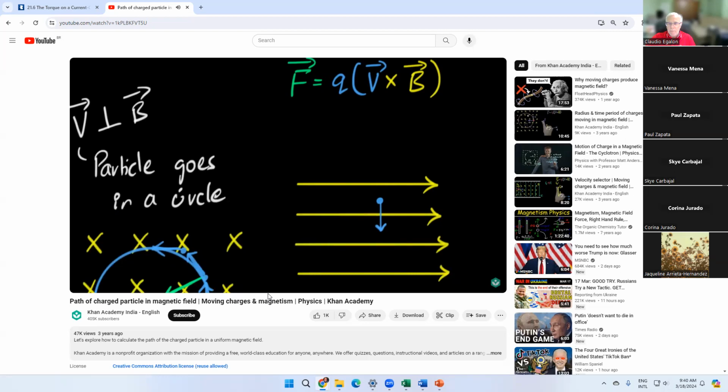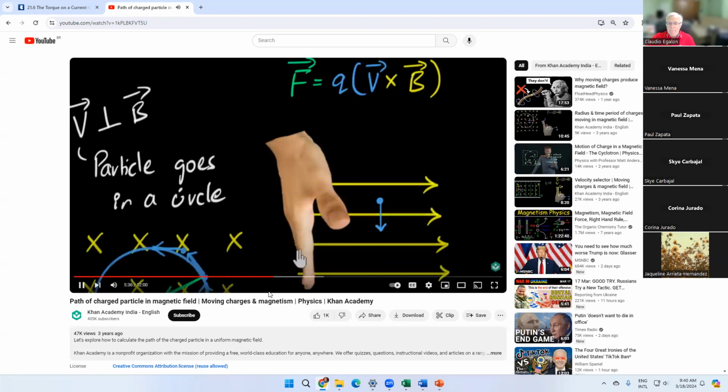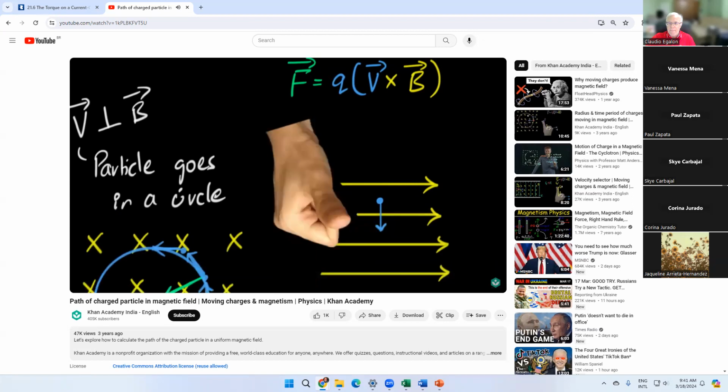All right, hopefully you've tried. Let me bring in my beautiful right hand, and I'm going to orient my right hand this way. Again, notice my 4 fingers must be pointing in the direction of the velocity, and I'm pointing in such a way that I'm going to curve my 4 fingers in the direction of the magnetic field. My magnetic field is like this, so now I'm going to curve like this. You see that? Curve this way. And as a result, notice the thumb will point out of the screen.